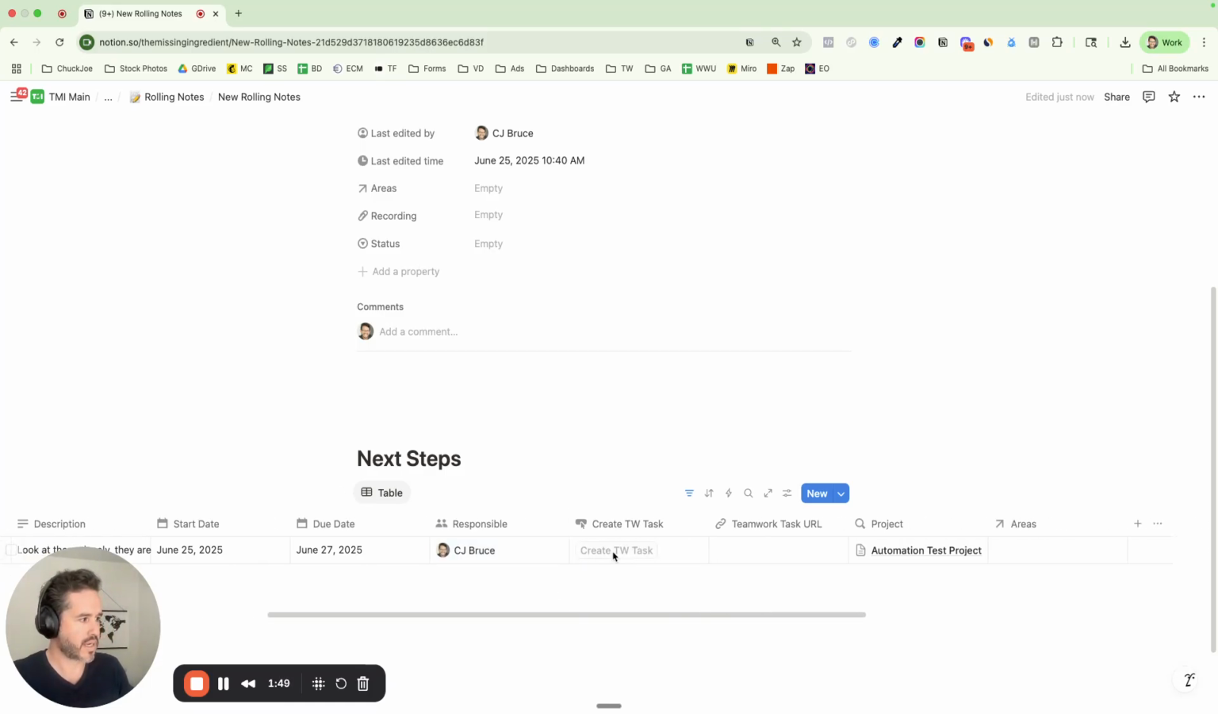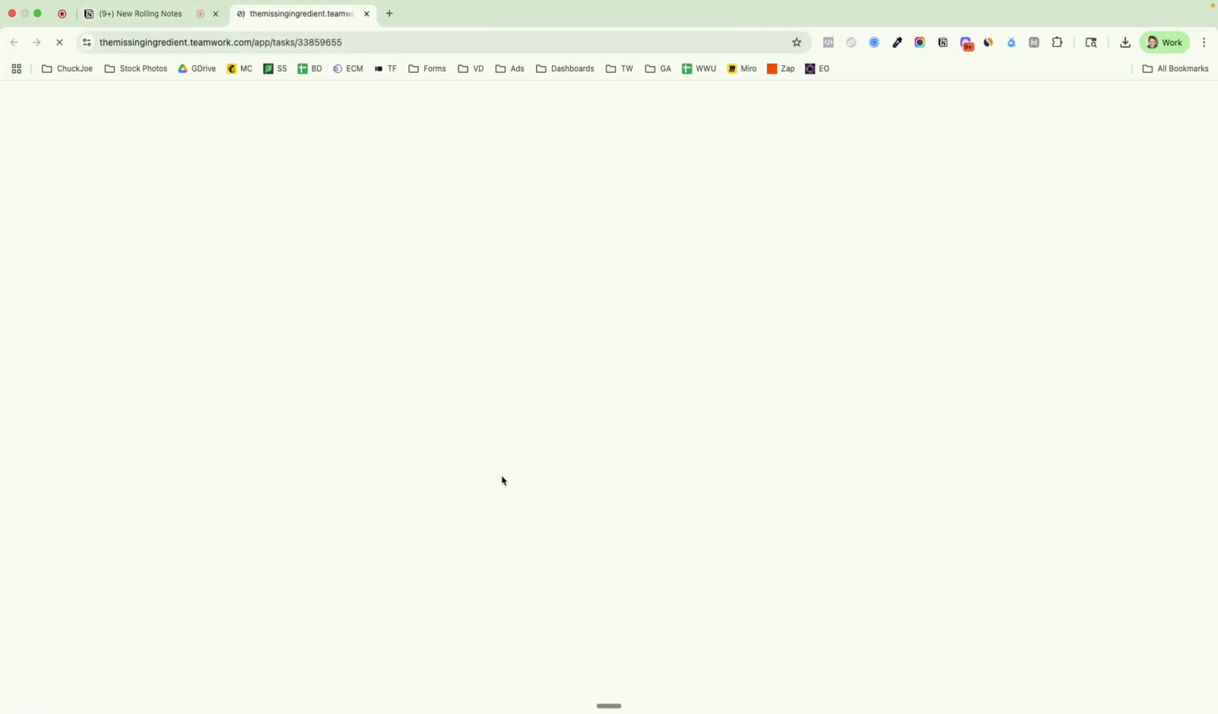So create a Teamwork task. I'll click this button, ran successfully. Takes a minute to load. This is something I might work on, like some way to let you know that this is actively working, and then boop, a Teamwork task URL shows up in this field. Click that,